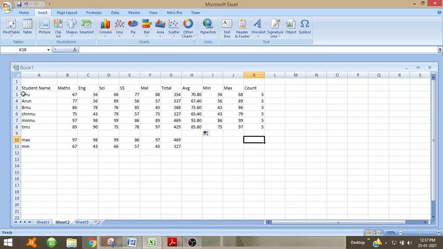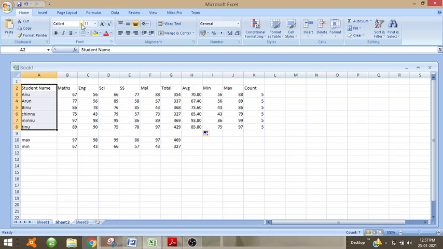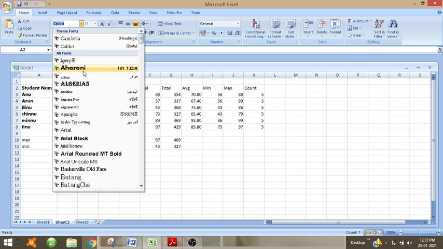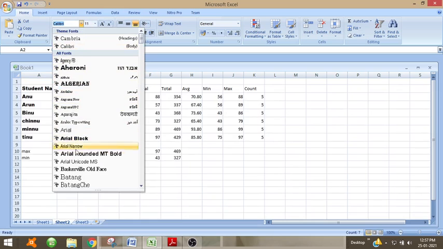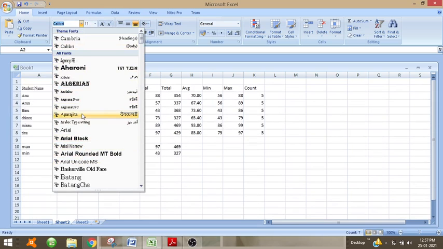Now if we want to change the font, go to Home, then here like in Microsoft Word you have seen the different fonts are available and you can select any of the fonts.